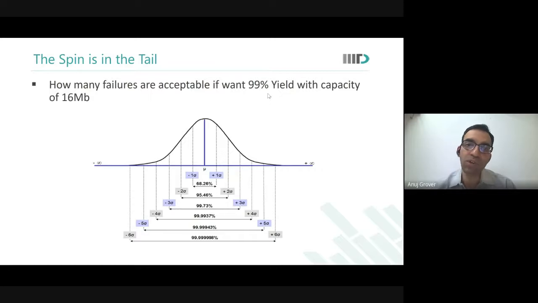At 6 sigma, you can only qualify something like 4 megabit. And at 5 sigma, you are qualifying only about 1 megabit. So the targets in your projects, qualify 6 sigma, qualify 5 sigma, that is what we are saying: the capacity that you are deciding to put on chip is reducing as you go to lower sigma.